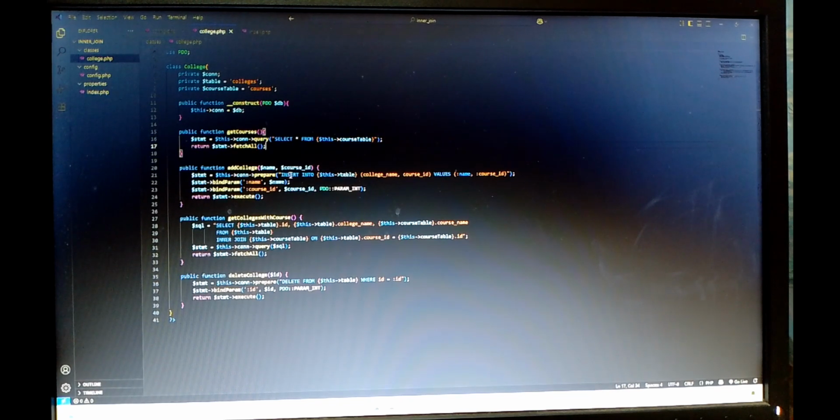In my previous video I discussed this. Fetch all basically loads all rows at once into $rows, or you can say the whole array of rows. If I talk about fetch, it returns only one row. So this is the difference between fetch all and fetch. Fetch returns only one row, and fetch all returns the entire shelf, the entire array.